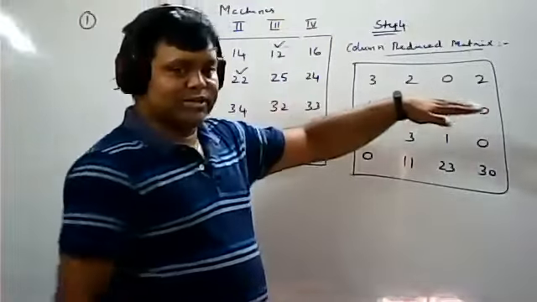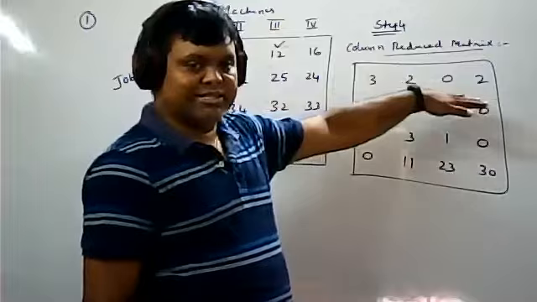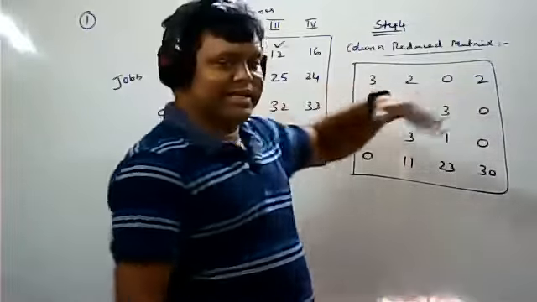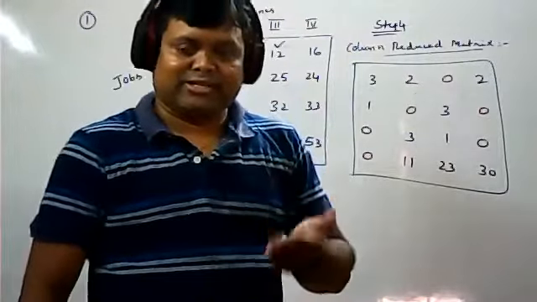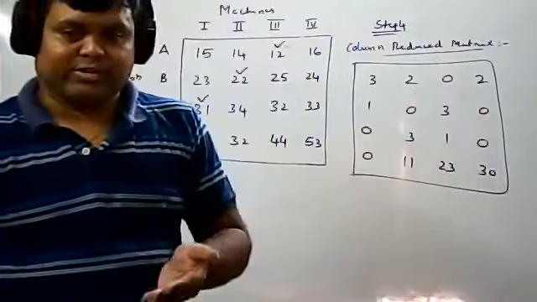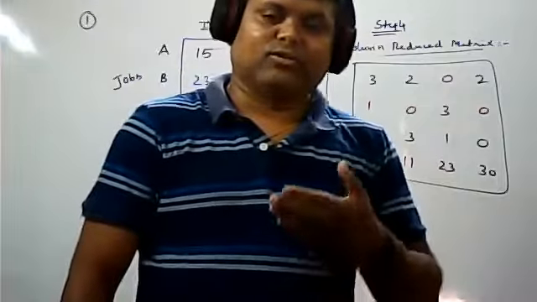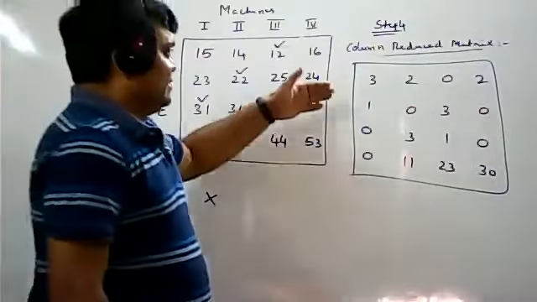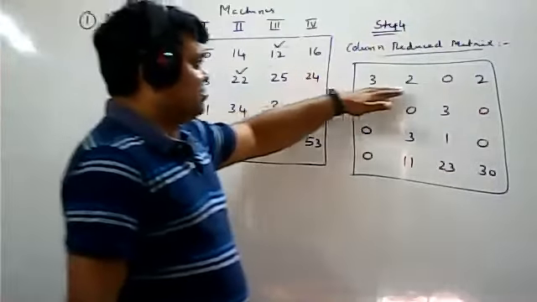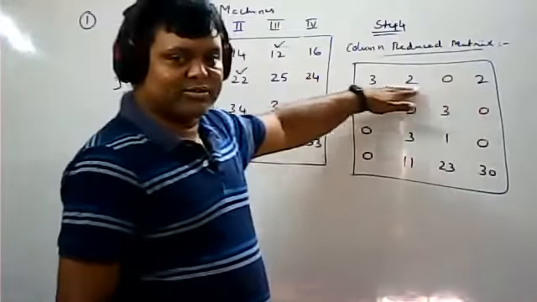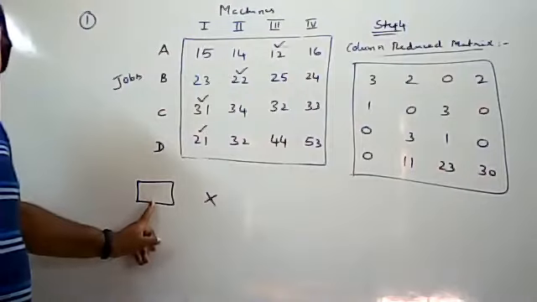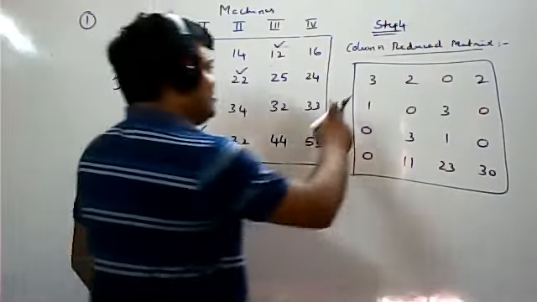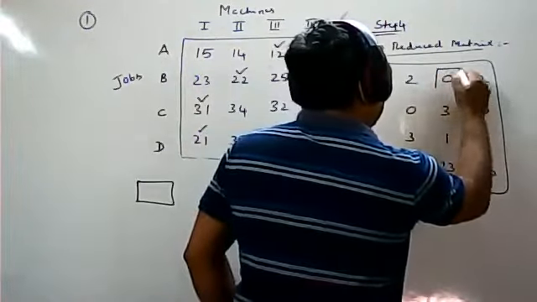Single zeros you have to identify first, and only rows you have to consider. Is there any row with a single zero available? If so, you will consider it. If a single zero is not available, then you will go for 2 zeros. If 2 zeros are not available, then you will go for 3 zeros. Is there any row consisting of a single zero? The first row itself has a single zero. Whenever a single zero is there, directly make the assignment. So I will make the assignment directly.